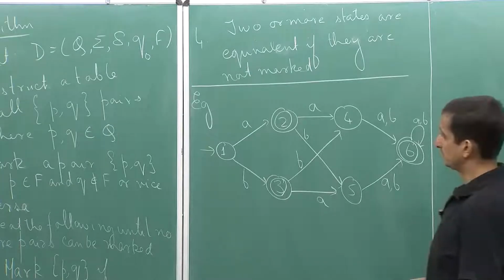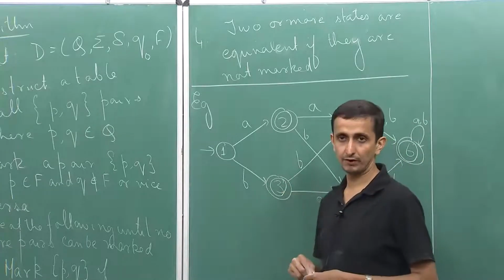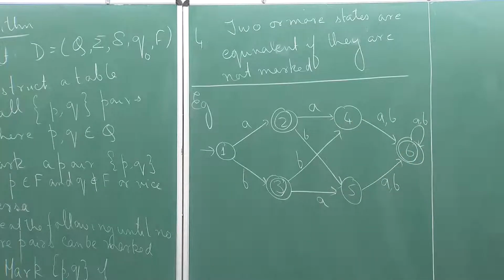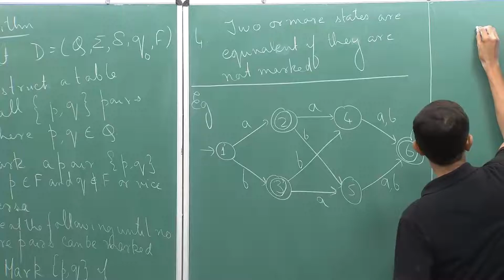Okay. So here we have a DFA. How can we minimize the DFA? So first let us construct the table. Okay. So we will write